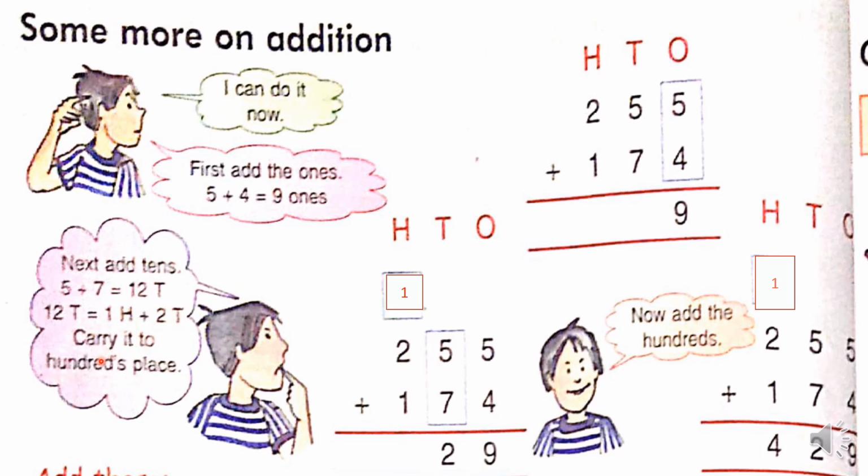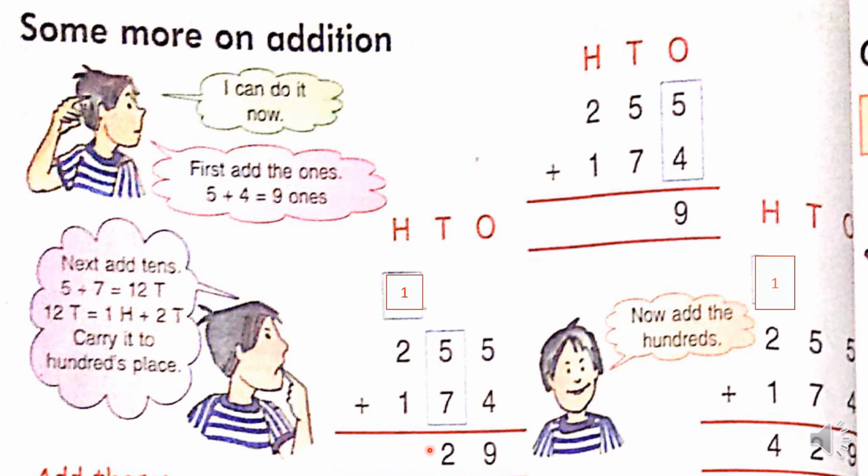So children, I want to say one thing. 12 tens are equal to 120. Yes or no? So in 120, how many hundreds are there? How many tens are there? In 120, 1 hundred is there and 2 tens are there. Take your rough book and do that one, children. 120 is equal to 100 plus 20. 20 means 2 tens are there. Yes or no?